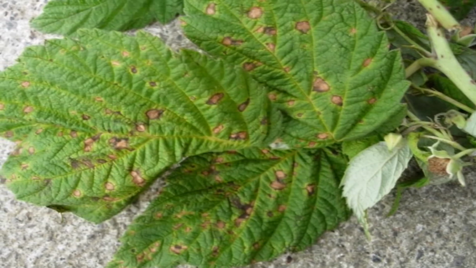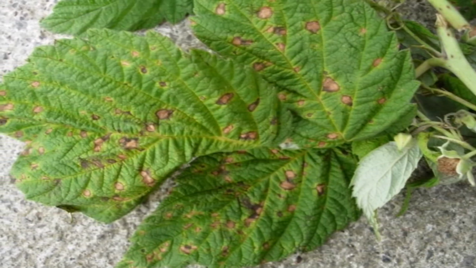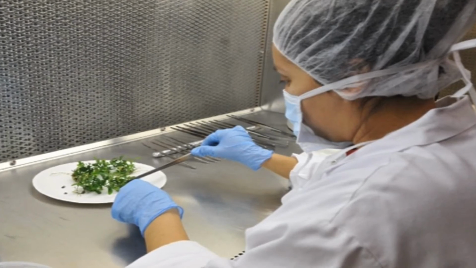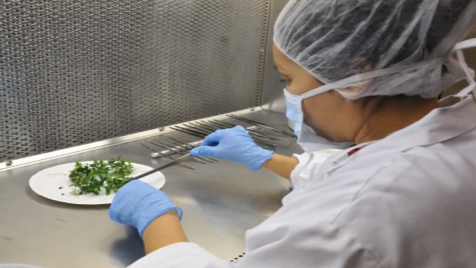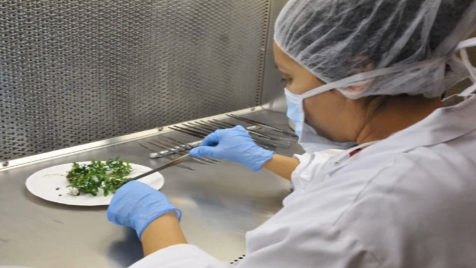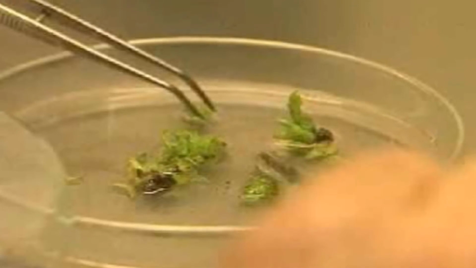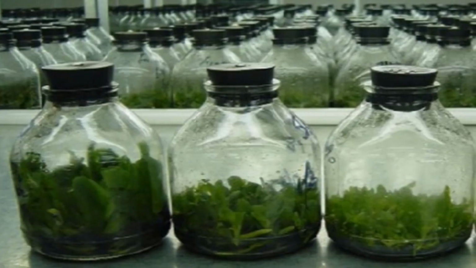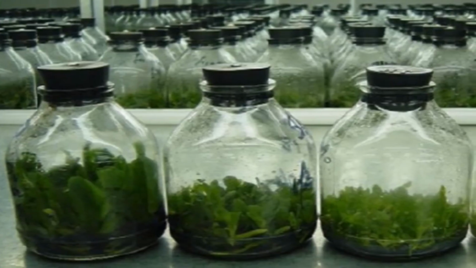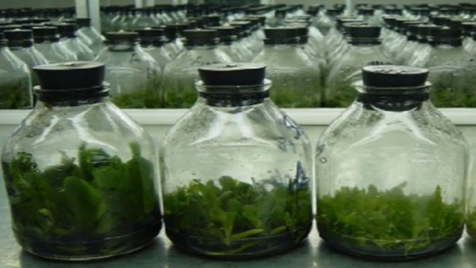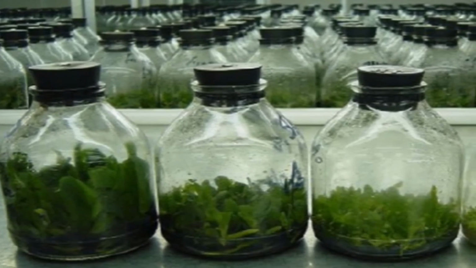Although mainly used for virus elimination, meristem tip culture has also enabled plants to be freed from other pathogens including mycoplasma, bacteria and fungi. Therefore, it is promising to produce disease-free plants through apical meristem tip culture. The key objective of shoot tip and meristem culture is the production of disease-free plants through micropropagation.